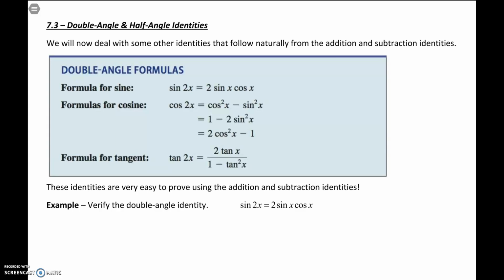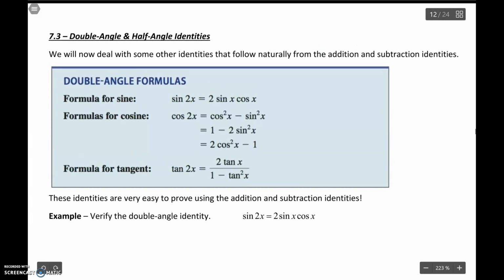All right, section 7.3, we're going to learn some new identities, the double angle identities and the half angle identities. So here are the double angle formulas. The proofs of these are actually really straightforward. They follow as a direct consequence of